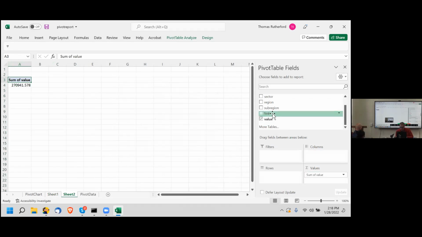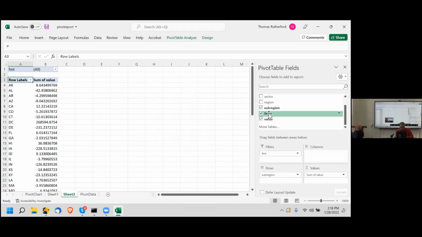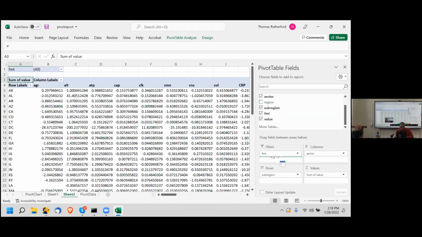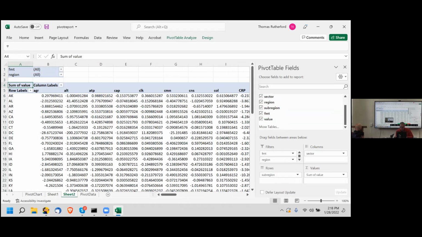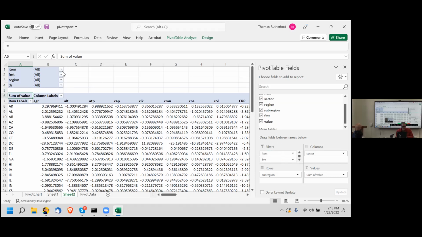So here I'm going to go like this: subregion here, region here, sector here, region here, data set here, item here. So then if I go to item being C,